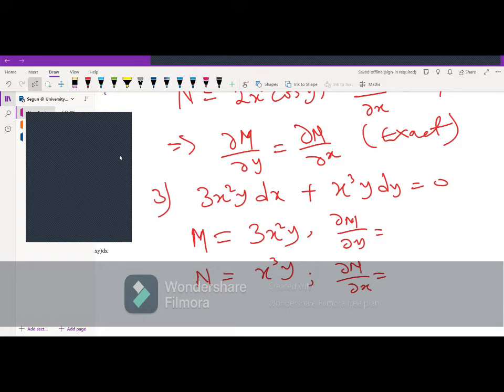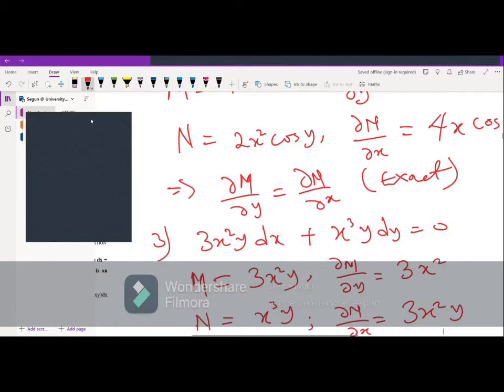All you need to do is differentiate this with respect to y. When you are differentiating this with respect to y, you have 3x squared y. So I'm only differentiating y. When I differentiate y, what do I have? 3x squared, because y will have turned to 1, rather. So now let's differentiate this one with respect to x. I have 3x squared y. So you can see,